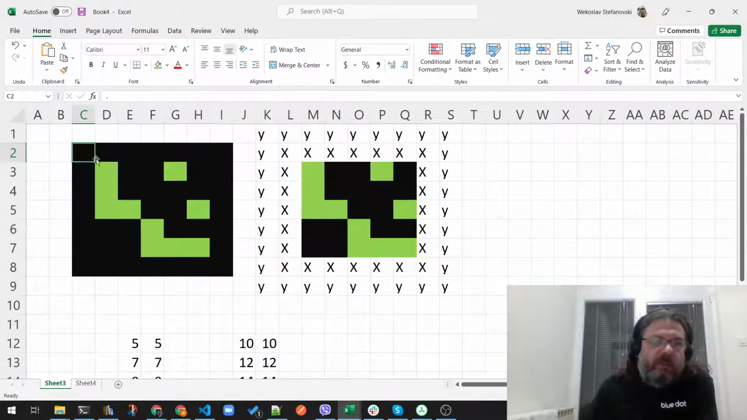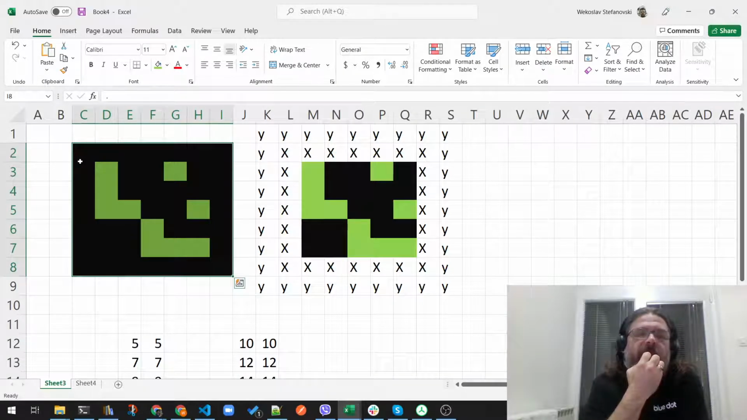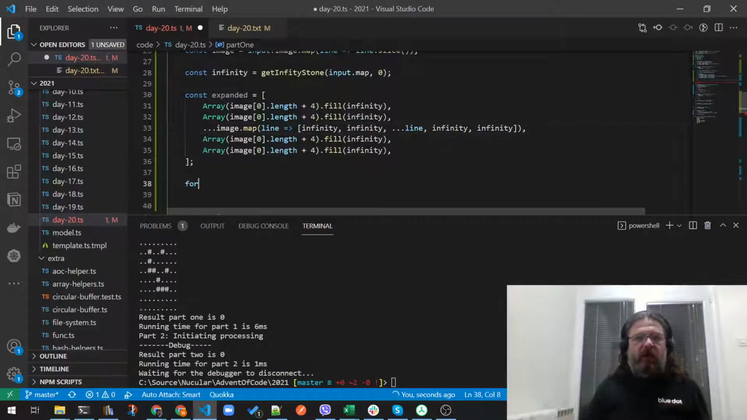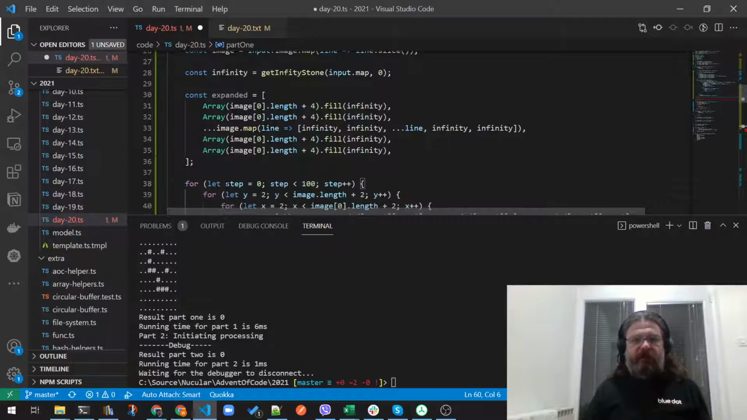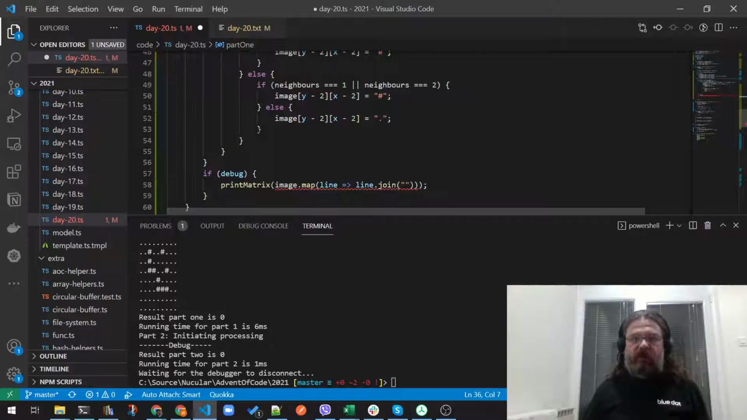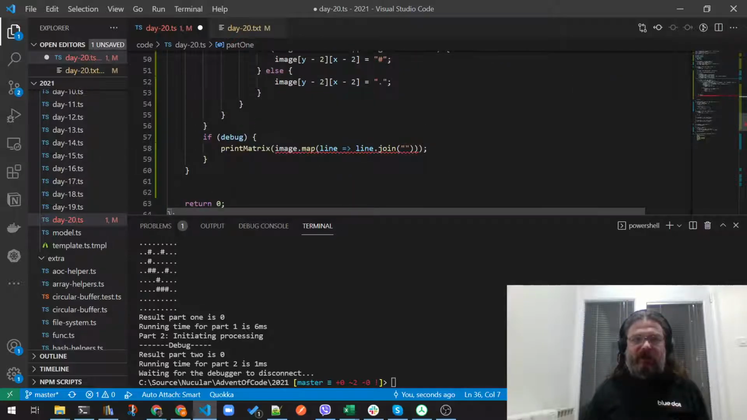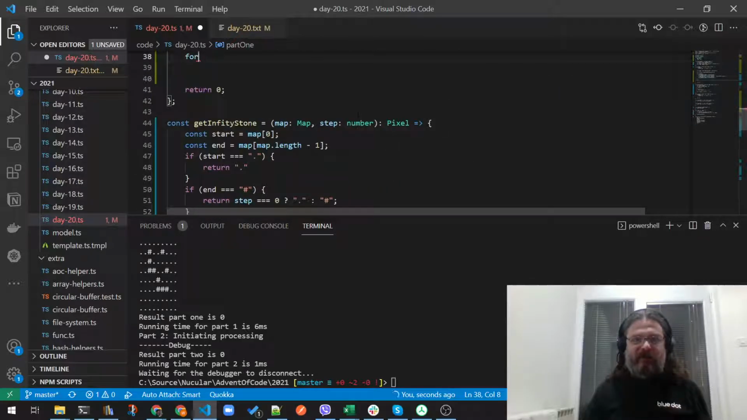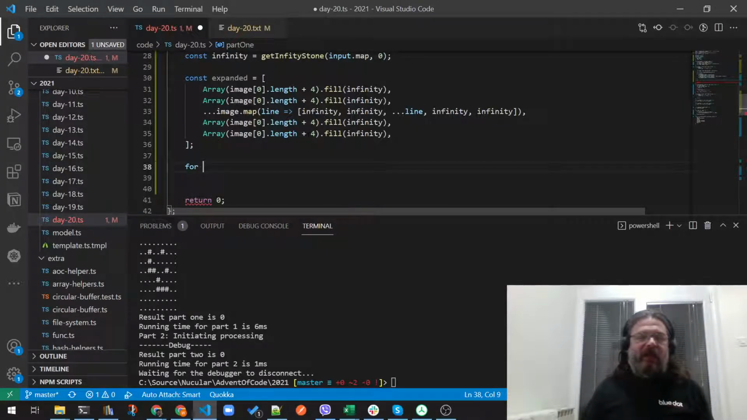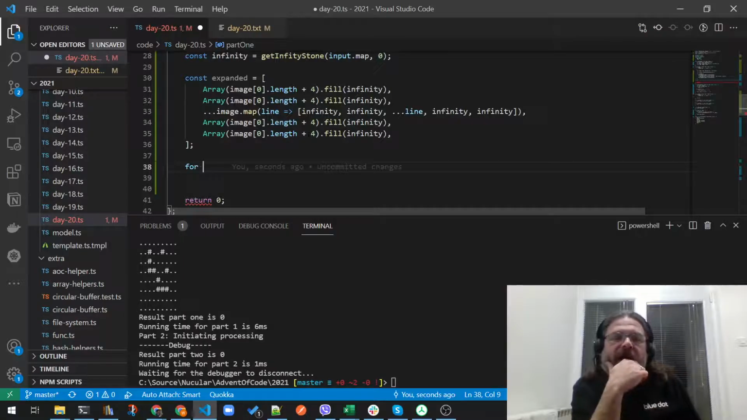So we might have better luck if we expand it. No, this is okay. The expanded one is okay, because now we can say no idea what this does. No, shut up. We need to loop through